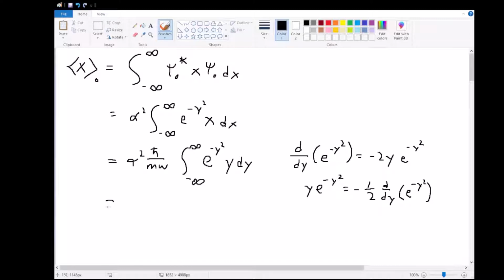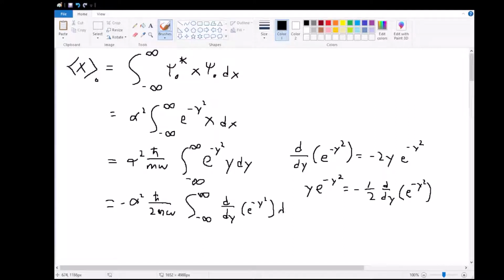So this can be rewritten as negative alpha squared times h bar over 2m omega times this integral from negative infinity to positive infinity of d by dy of e to the negative y squared, the 1/2 is already incorporated,